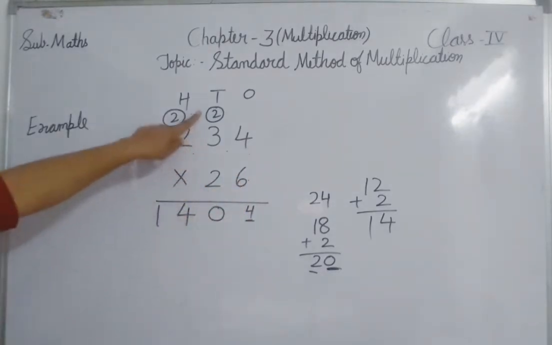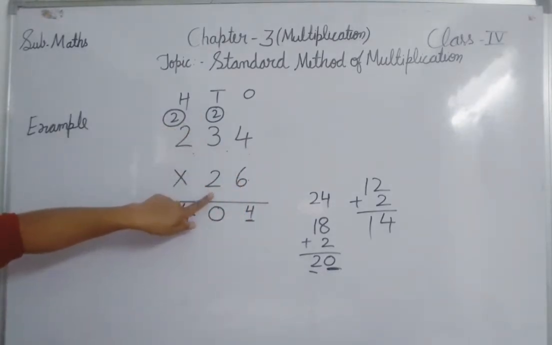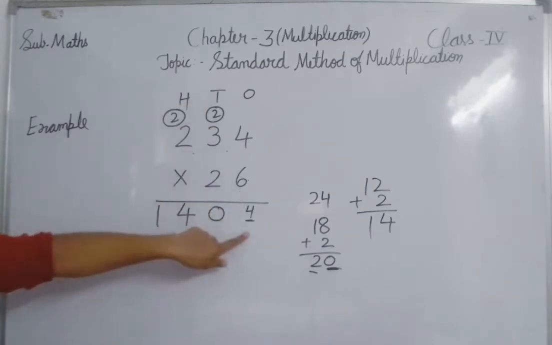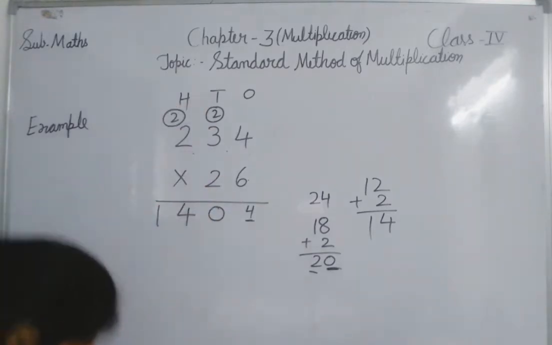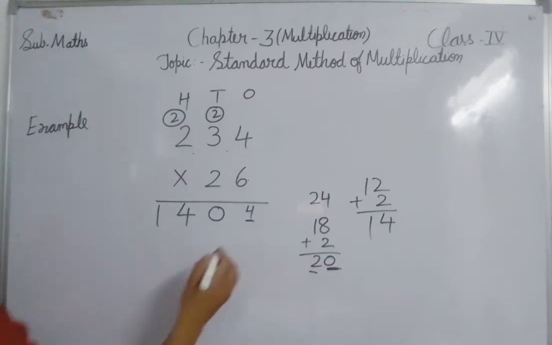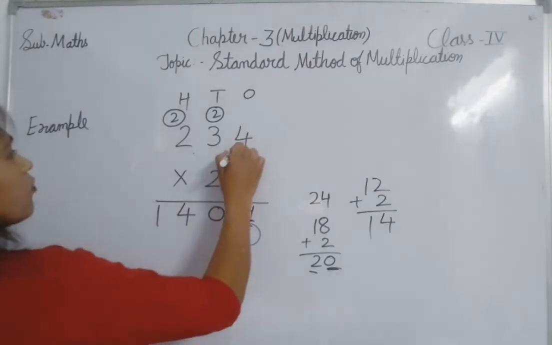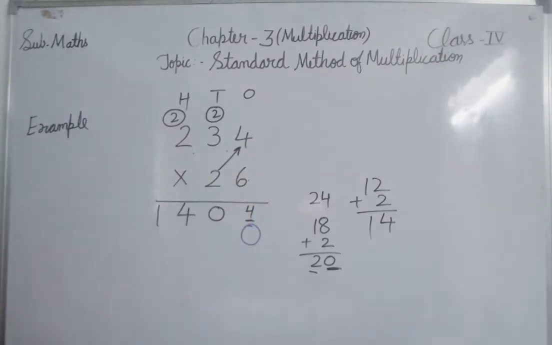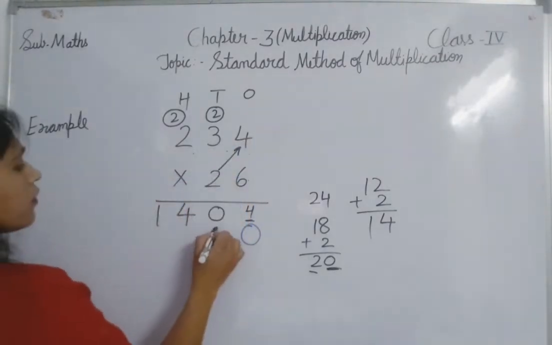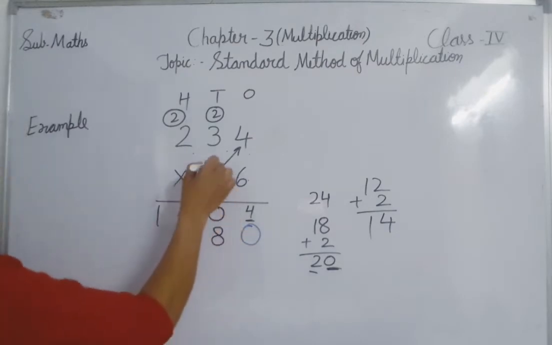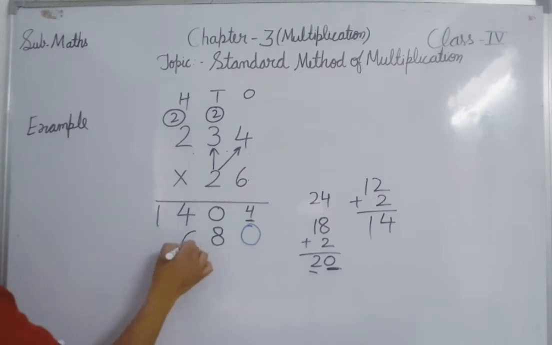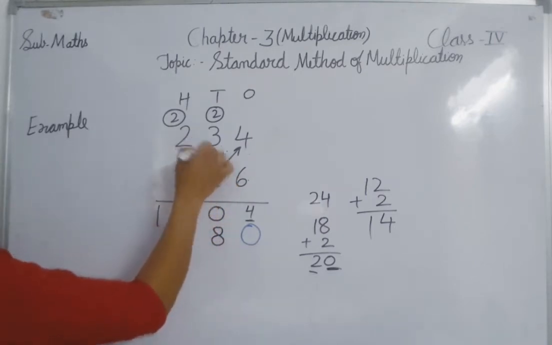Means tens place turn. So now we are multiplying with tens place. So on ones place we'll write 0 here. What will we write? 0. Now let's start. The same way we have to do. First we have to multiply 2 with 4. So 2 fours are 8. Now 2 multiply by 3. 2 threes are 6. And 2 twos are 4.